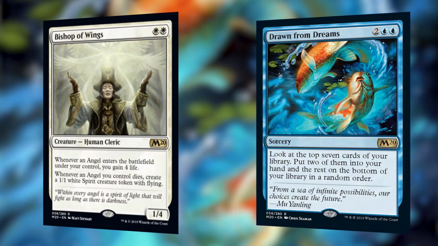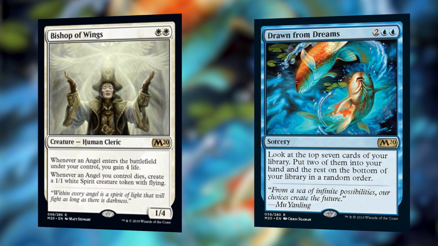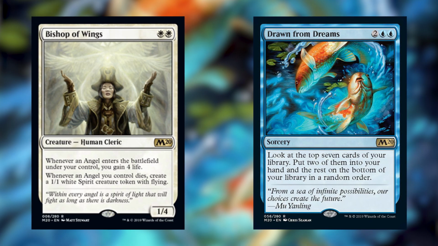Bishop of Wings makes Angel Tribal look kind of exciting. Drawn from Dreams gets around Narset, which is pretty important, and looking at 7 cards and getting 2 of them, that's a lot of cards. So I think it's a solid 1 or 2 of in combo and control decks, and that's where I've been